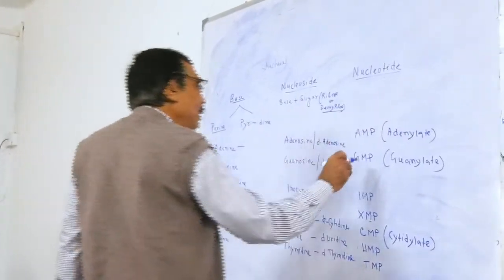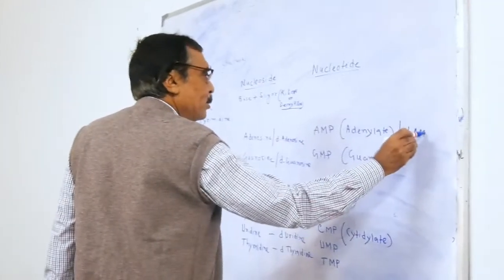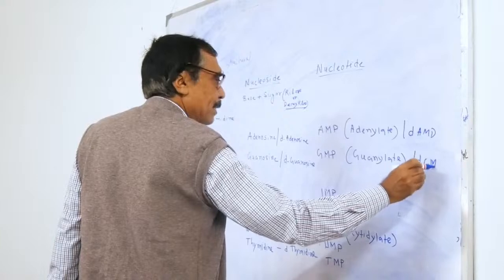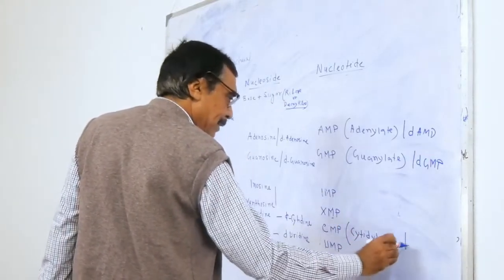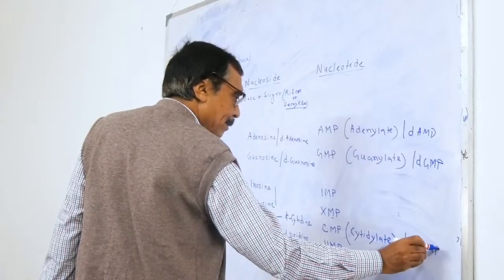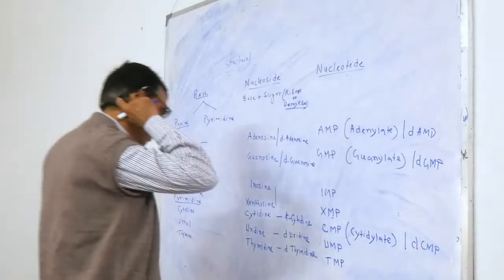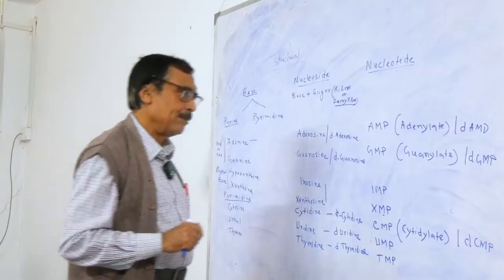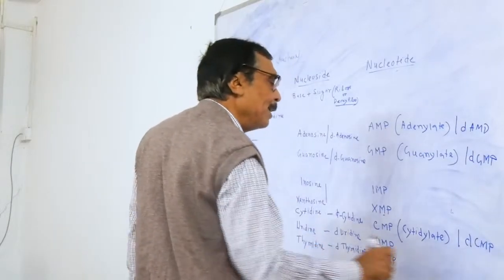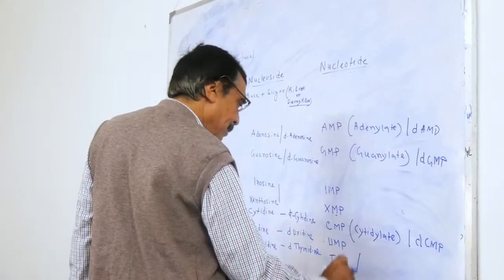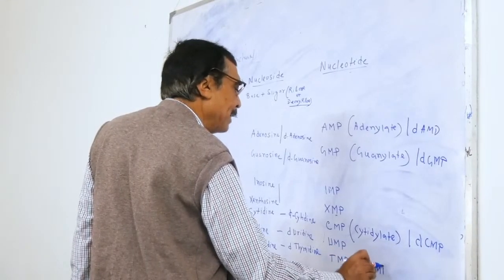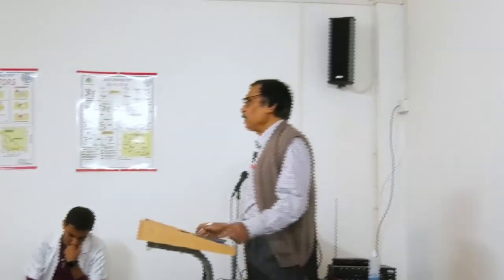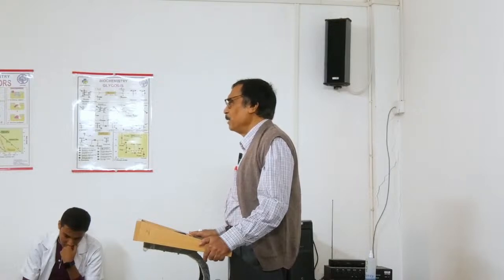এবং এখানেও তাই, এখানেও আমরা ডিএমপি লিখতে পারি, ডিজিএমপি হতে পারে, ডিসিএমপি হতে পারে। ইউরাসিল ডিএনএতে থাকে না, সেই জন্য ডিইউএমপি না, শুধুমাত্র ইউএমপি। এক্ষেত্রে ডিটিএমপি আর টিএমপি কথাটার মানে কিন্তু একই, বুঝতে পেরেছ? যেহেতু থাইমিডিন ইজ প্রেজেন্ট ইন ডিএনএ and DNA contains deoxyribose, so thymidine মানে হচ্ছে deoxyribose plus thymine।